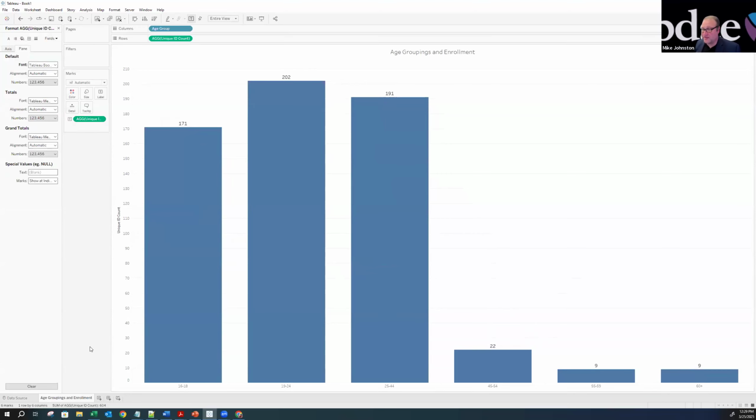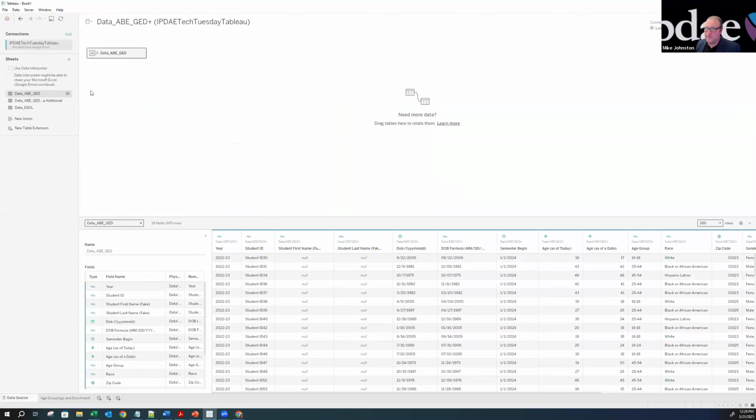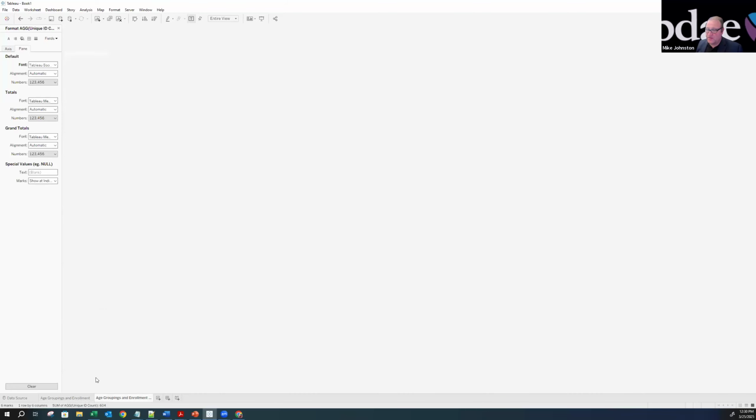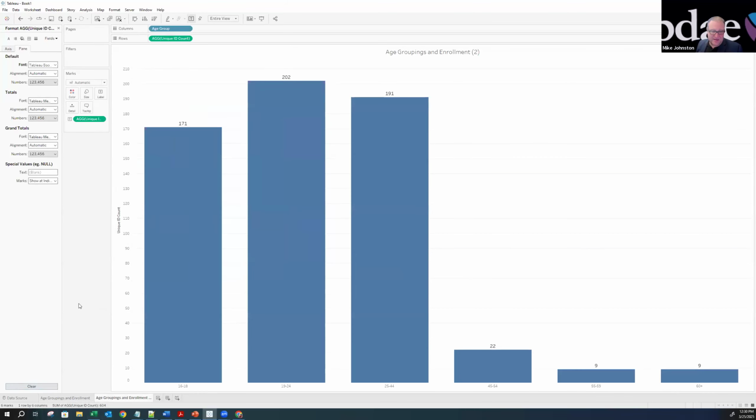Let's get creative here, colleagues. Let's get creative. I want to come over here to my data source, and I want to see what the impact of joining the GED data with the ESOL data is. I know that I had this amount, but oh gosh, what's my total? I realize I don't have my total on here. I don't want to have users add up my total. It's no problem. There's two things you could do. I could right click on this. I can hit duplicate.